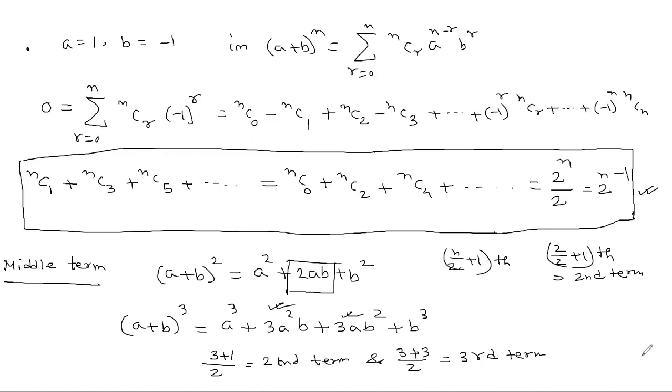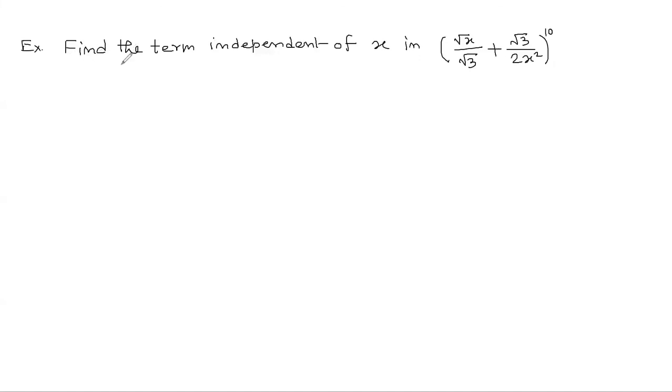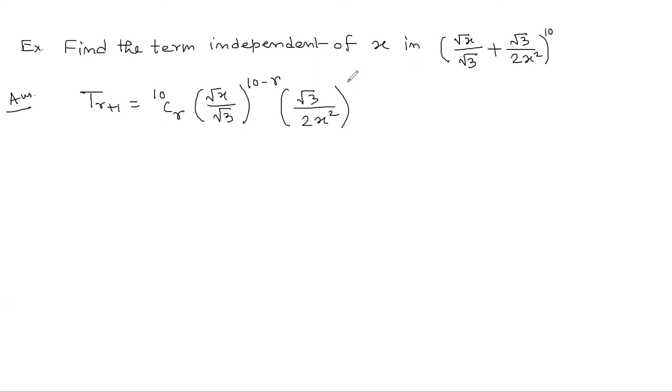Now we'll go into some examples and solve them. Our first question is: find the term which is independent of x in the expansion of this. Let us first write the general term, which is given by T(r plus 1) equal to nCr, that is 10Cr, then a power n minus r, which is root x by root 3 power 10 minus r, then b, that is root 3 by 2x square power r. If we simplify this, we will get